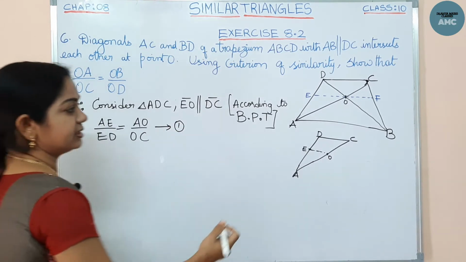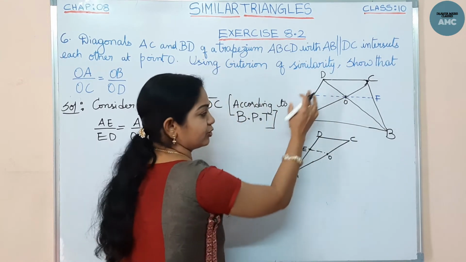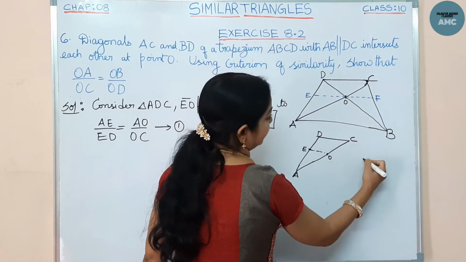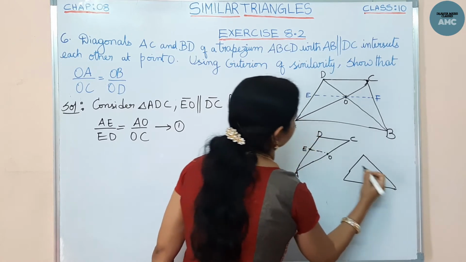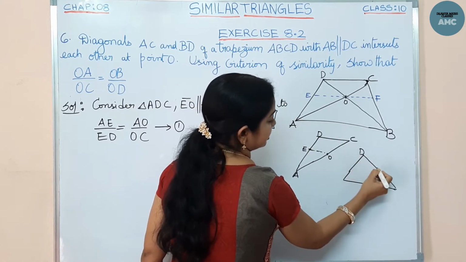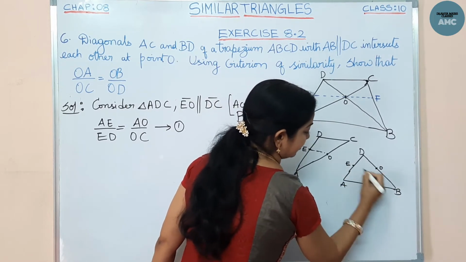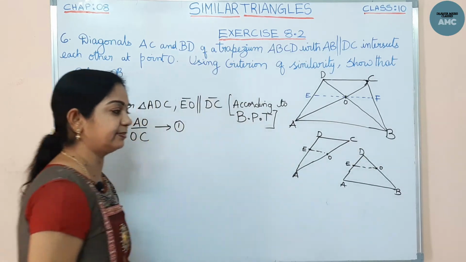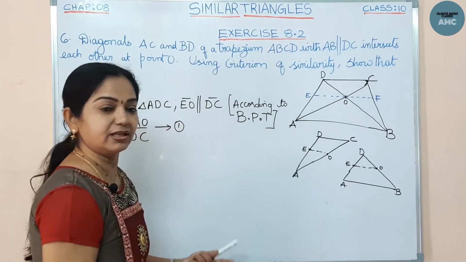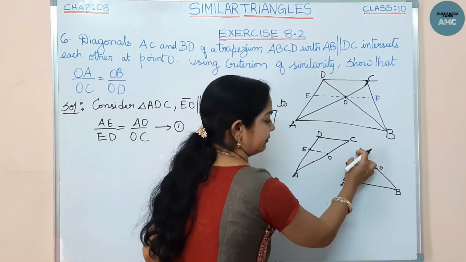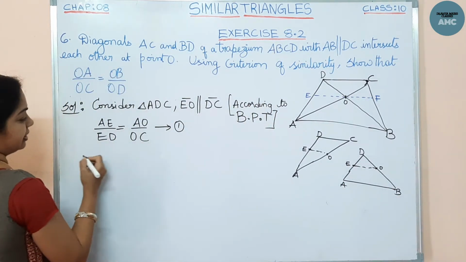Right. Now, let us consider this triangle here. Again for your explanation, I am drawing it out again. This triangle, let me take this triangle here. Here it is D, here is O, here is E, this is A and B. For you to understand, from that I am taking it out. Here, this is EO. Again, EO is parallel to AB. From the Thales theorem, that is the basic proportionality theorem, it will make equal ratios. The corresponding ratios are equal.